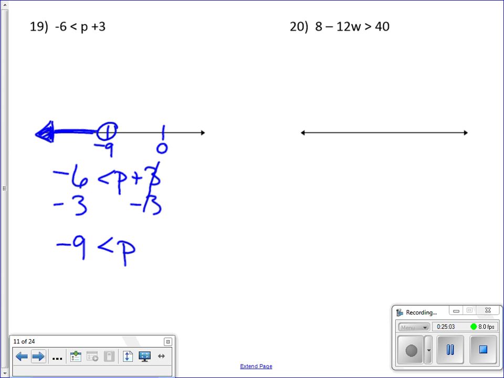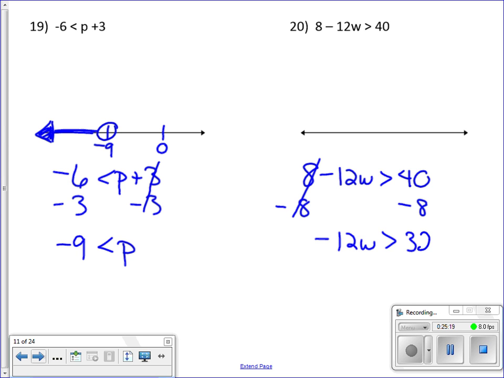On this one here, I need to get rid of the 8. So I'm going to have 8 minus 12w is greater than 40. So I'm going to subtract 8 from both sides. I get negative 12w is greater than 32. I now need to divide both sides by negative 12. This cancels out. Again, I divided by a negative number. So my answer becomes w is less than, I need to switch my sign, and this is going to be negative